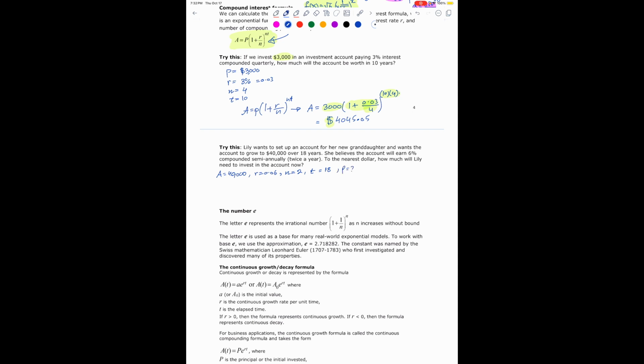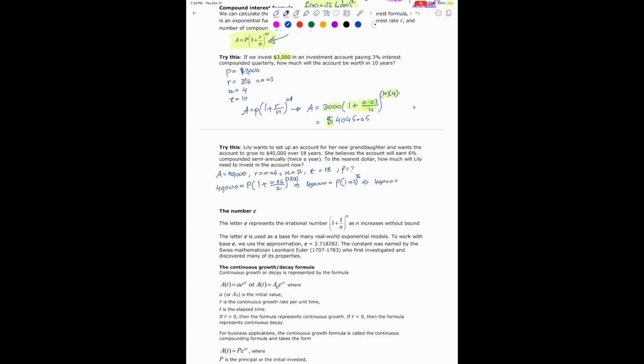So the compound interest formula says we have 40,000 equals P times 1 plus 0.06 divided by 2, raised to 2 times 18, which gives me 40,000 equals P times 1.03 raised to the 36 power. If you compute that, you will get 40,000 equals